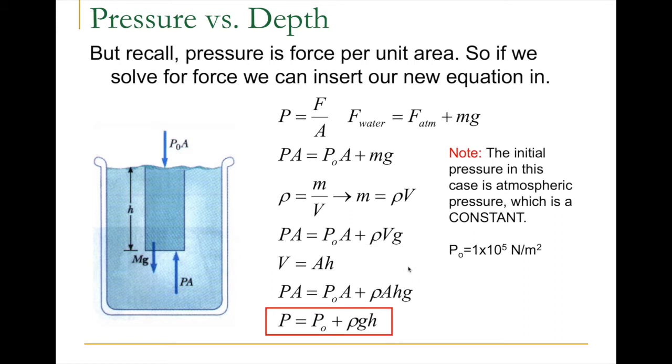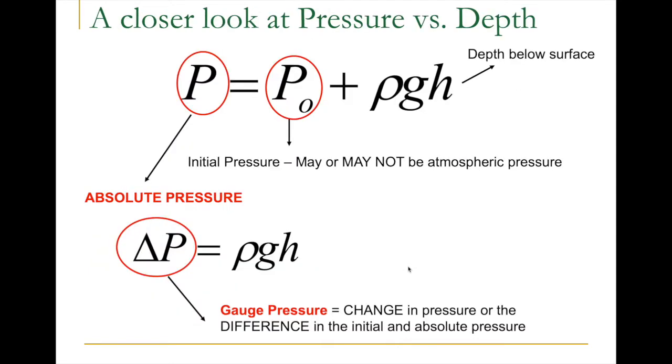And so if we actually solve this equation for mass, we get that mass is equal to rho times v, where rho is the density of the object and v is the volume of the object. And if we substitute this in now for mass in the expression of its weight, we get the equation that you see before you. So if we take a closer look at this equation,